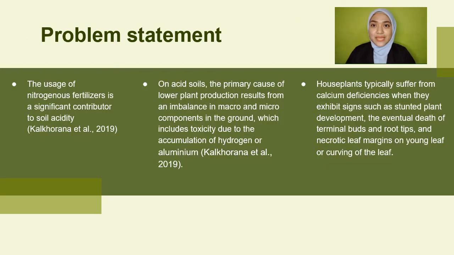The problem statement of this study is the usage of nitrogenous fertilizer, which is a significant contributor to soil acidity. On acid soil, the primary cause of lower plant production results from an imbalance in macro and micro components in the ground, which include toxicity due to the accumulation of hydrogen or aluminum. As a result of soil acidity, houseplants typically suffer from calcium deficiencies when they exhibit signs such as stunted plant development, the eventual death of terminal buds and root tips, as well as necrotic leaf margin on young leaf or